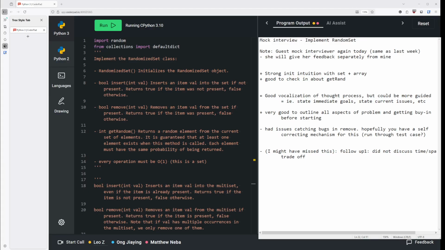Add this into the set. So instead of doing that, I'll just add that position into the set. And then when I want to remove, if it's not there, same thing, position of value, so position equal to, yeah. It should not be that. Okay, my position will be equal to